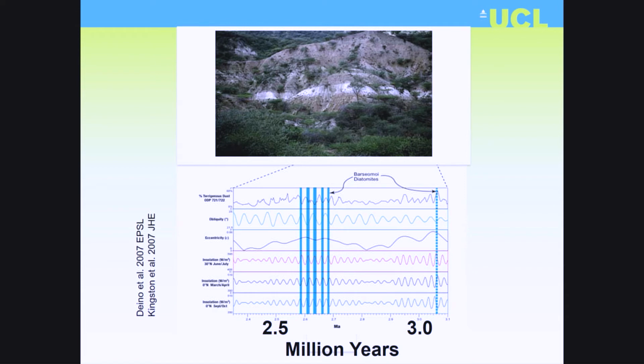They're ephemeral. And so this is a beautiful piece of work from Kenya for Baringo, and it shows that there are 5 lake phases. So you can walk across the whole landscape, and John Kingston's mapped it all out, and you can find these 10-meter deep lake sediments, and you can walk up the geological section, and they are then on top of each other. 5 of them. And Alan dated them with argon using sort of beautiful volcanic phenocrysts, and showed that they were